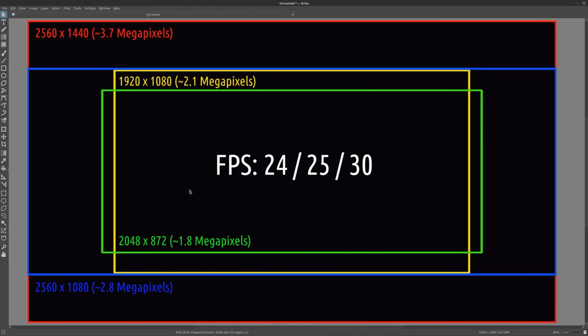So I just wanted to make this video quite short, but sort of illustrate the point that you can use these sort of technical little things to your advantage to give yourself a little bit more leeway when it comes to rendering.